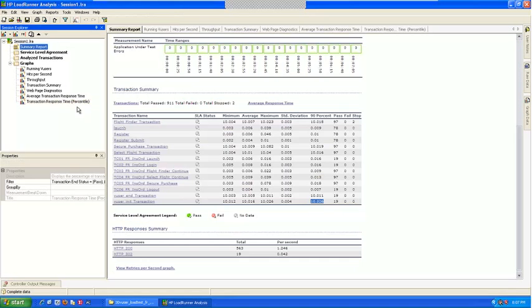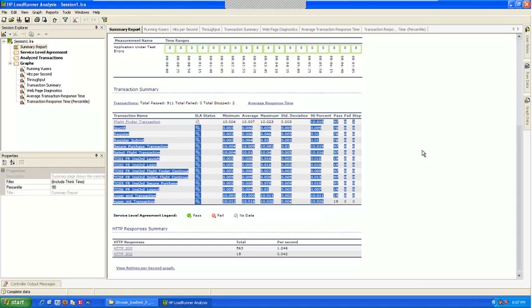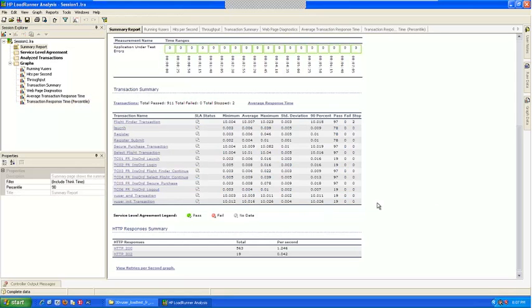So in the industry standard, we always take the 90 percentile as the response time, not the average. The reason is that the average sums up all the transactions and divides it by the total number of transactions, so you will lose the spikes. That's why we take the 90 percentile. Don't bother about the maximum response time, that would have been a one-time occurrence. So we take the 90 percentile response time, which gives you an accurate picture of how the application behaved when 90% of the users were in the system.